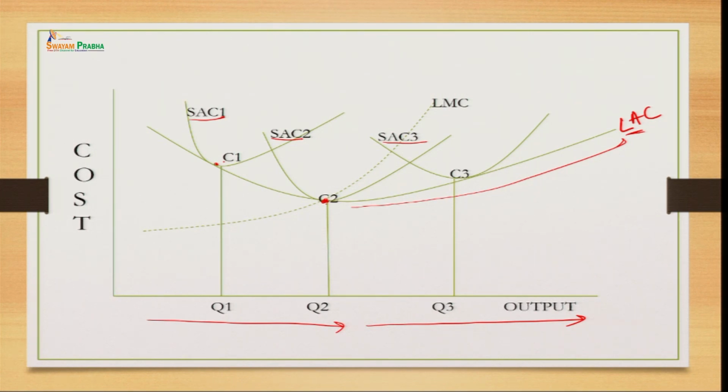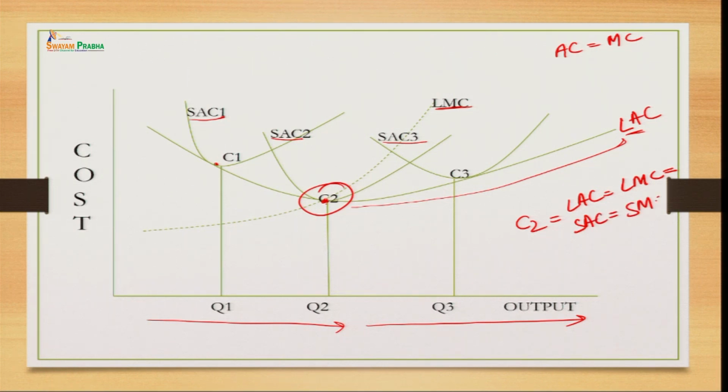As you can see, for each and every curve we have the optimum point with the combination of average cost and marginal cost, and that is why we have drawn here this long run marginal cost. And as we all know, where our average cost equals the marginal cost, that point would be the optimum point. So, you can say that C2 is the point where LAC equals LMC equals SAC equals SMC,